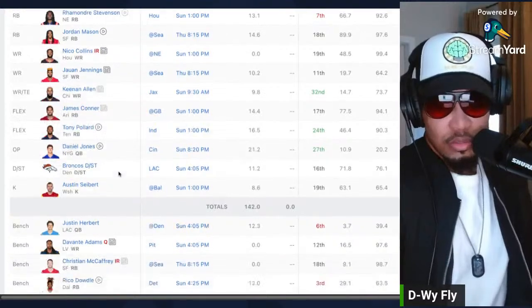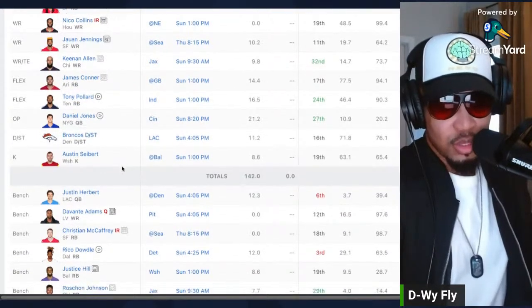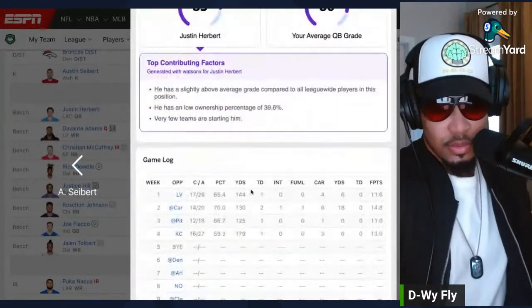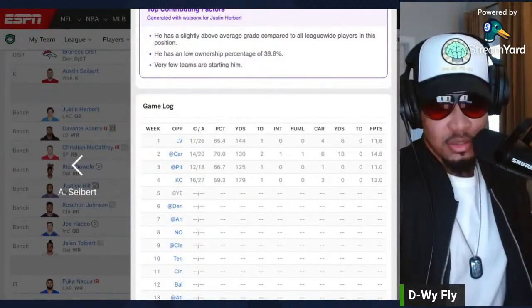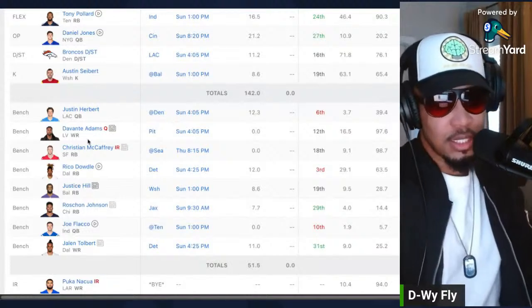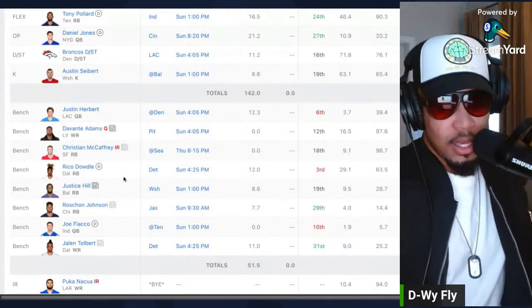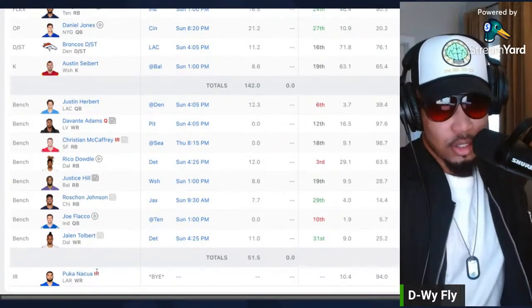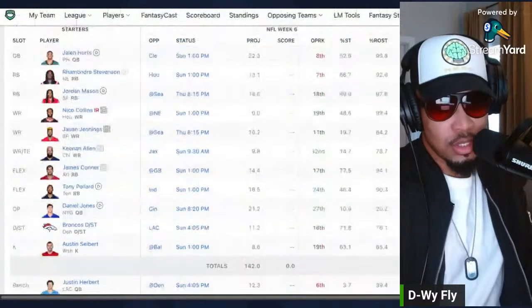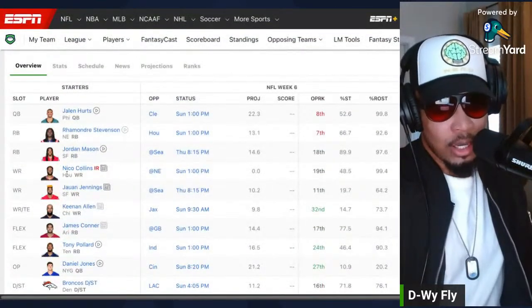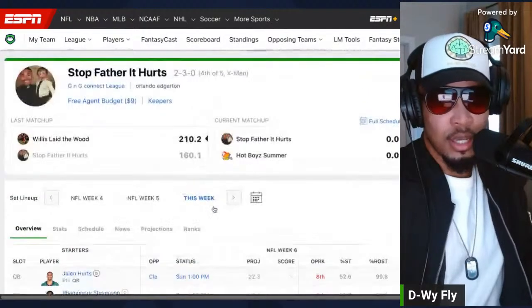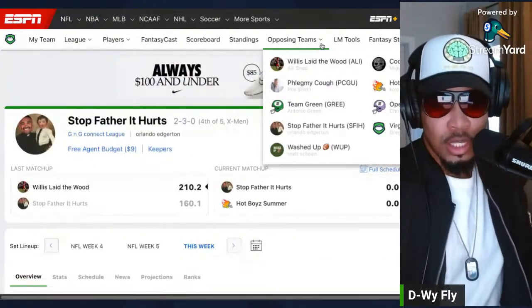Daniel Jones, middling. The Broncos been doing his thing. Justin Herbert, yeah, he's hurt right now, so it is what it is. He got Christian McCaffrey though, and he's got a couple handcuffs. Joe Flacco, he's got Puka, so he's been kind of hit with injuries, and he's just trying to figure it out right now. And Nico Collins, breaking news: Nico Collins just went on IR for 4 weeks, and we'll get to why that's important in a second.